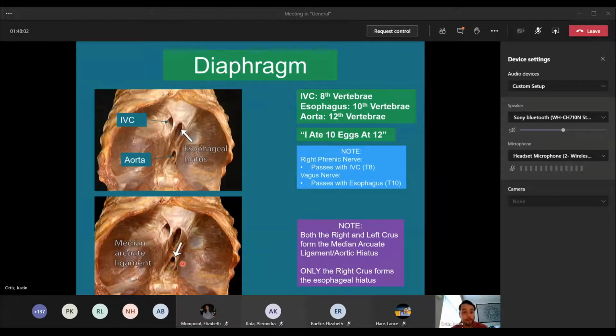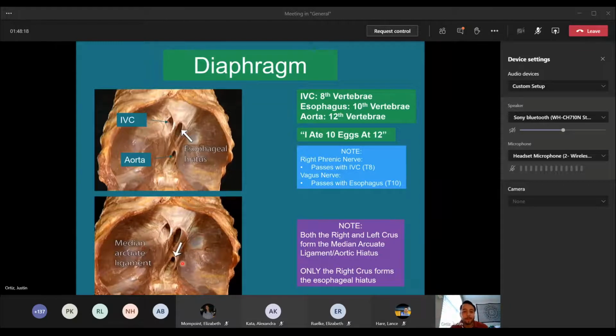So obviously your phrenic nerve is going to supply your diaphragm, right? It slightly passes the IVC, or slightly passes at T8, and then your vagus nerve is going to pass with your esophagus, right? So the way I like to remember that the vagus nerve passes with the esophagus is that